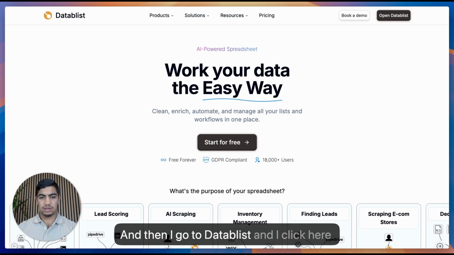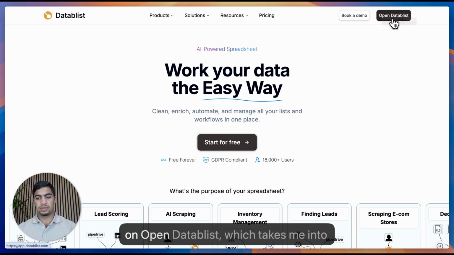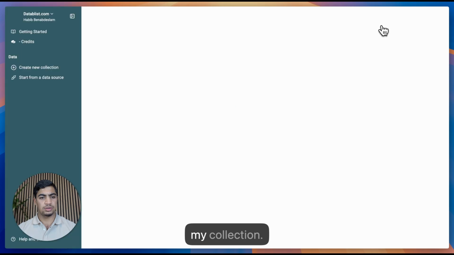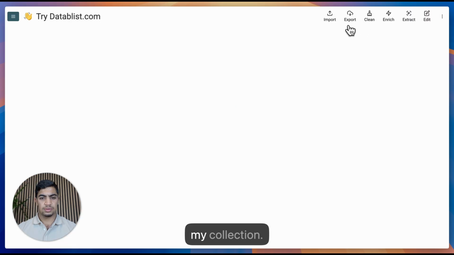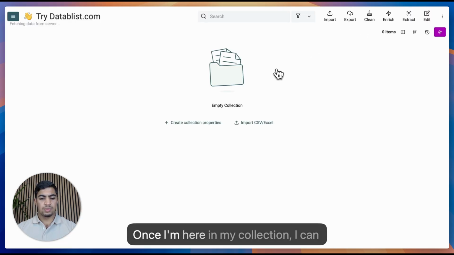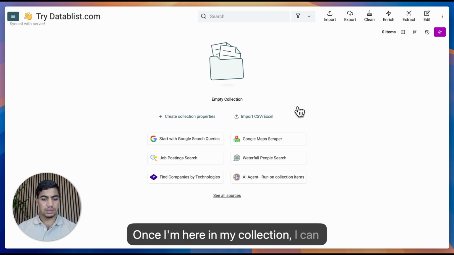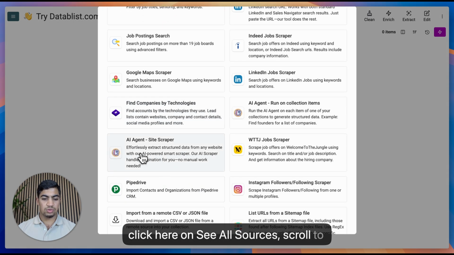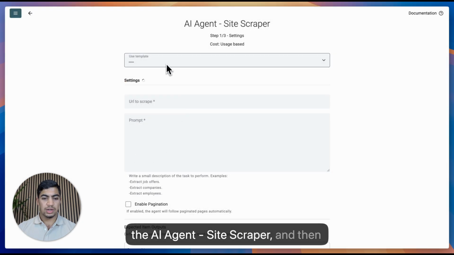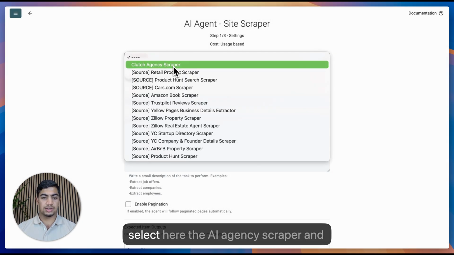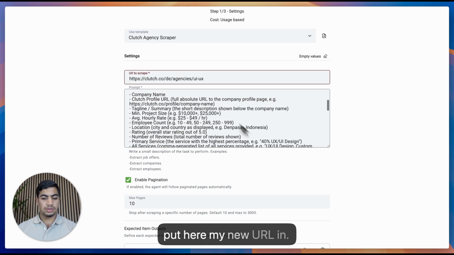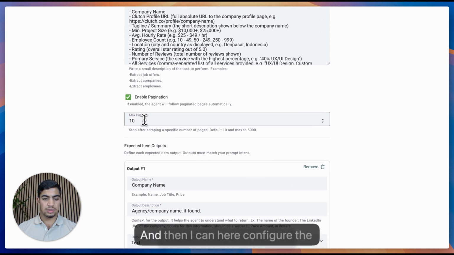And then I go to Datablist and I click here on Open Datablist, which takes me into my collection. Once I'm here in my collection, I can click here on See All Sources, scroll to the AI Agency Scraper, and then select here the AI Agency Scraper, put here my new URL in,